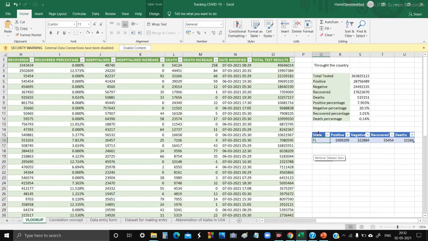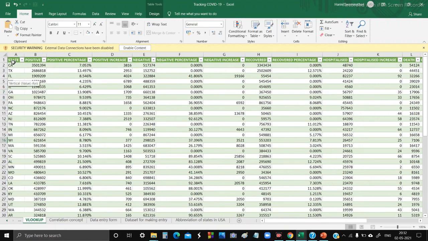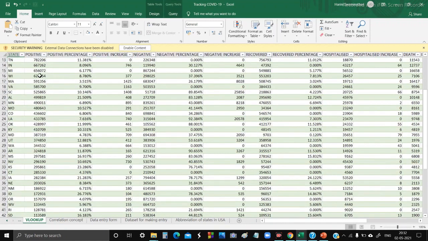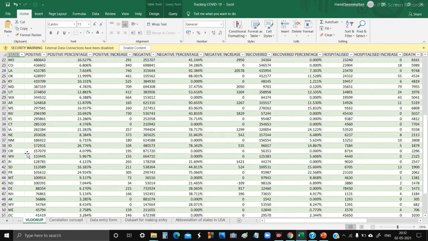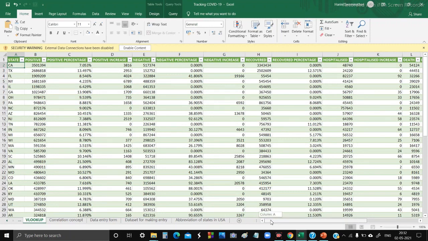We have fixed state as the reference for searching other attributes. The entire table is considered as the table array. So, starting from A2 till O56, we have considered it as the table array.